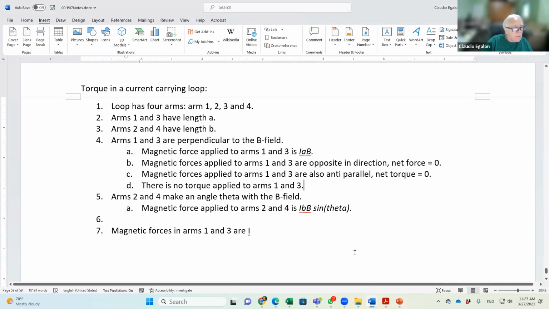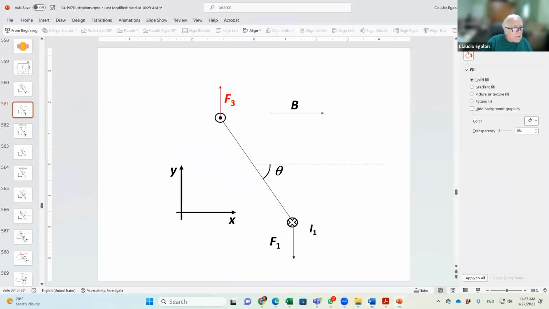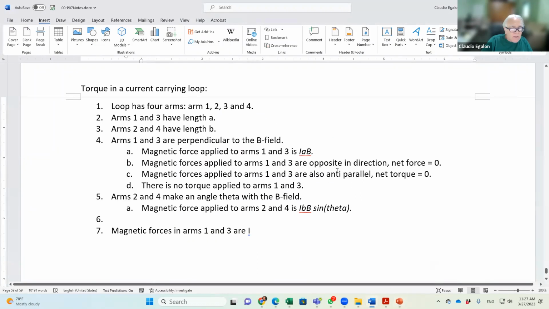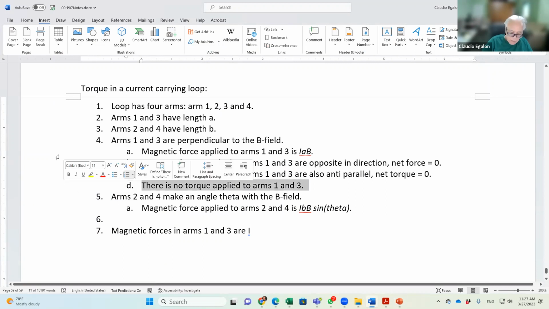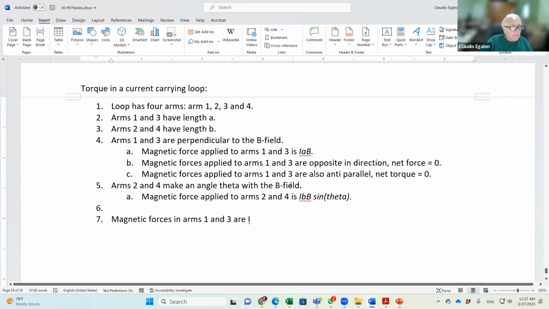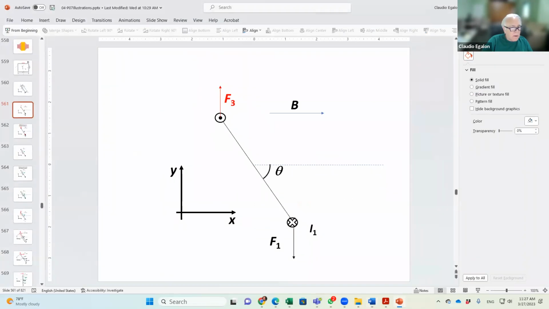Magnetic force applied to arms 1 and 3 are opposite in direction. Net force is equal to 0. Okay, so here you go. Magnetic force applied are also